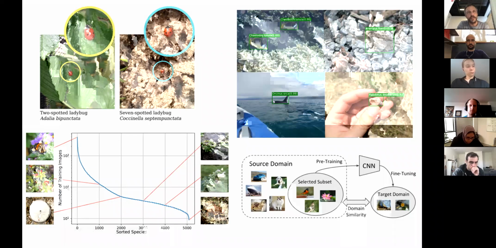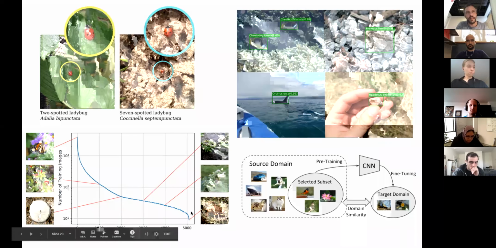And this is something that was ignored in computer vision for a while, and now it's just understood that we need to be able to train systems that can handle this long tail and perhaps make use of features that are learned for related categories in this part of the curve, and use that to benefit some of these less well represented entities that are down here.